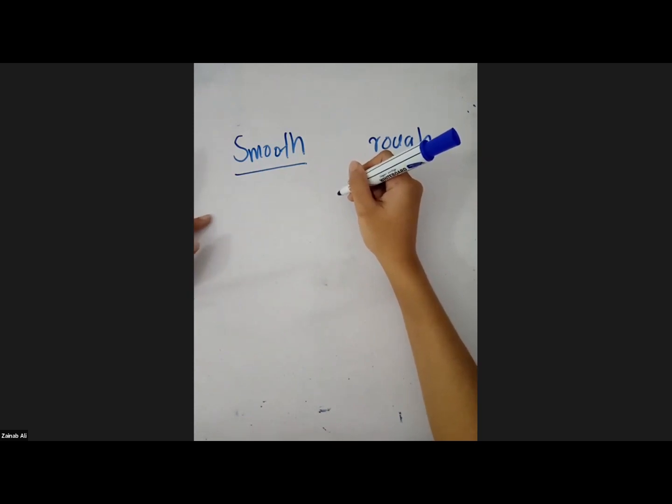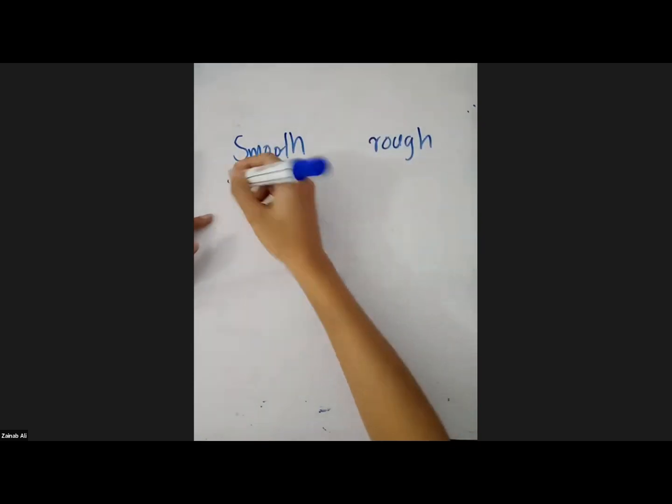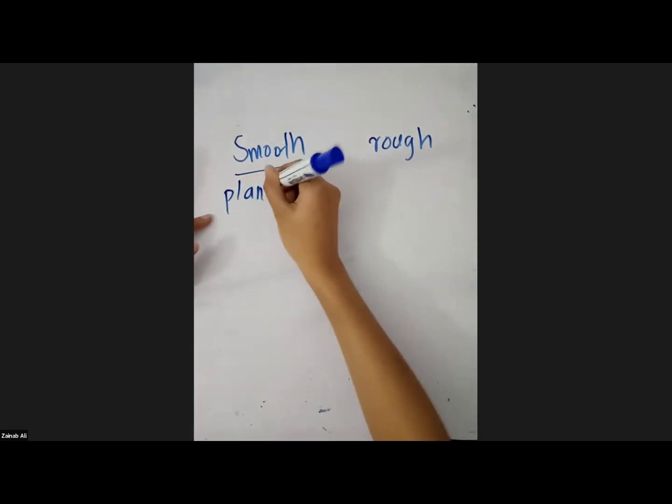Very good, Nahma. Yes, Razia, very good, very good. Nuha, no. Saeed Muhammad, correct. Shahir, correct. Reshma, correct. So an example for a smooth surface is a plane mirror. So a plane mirror is an example for a smooth surface.